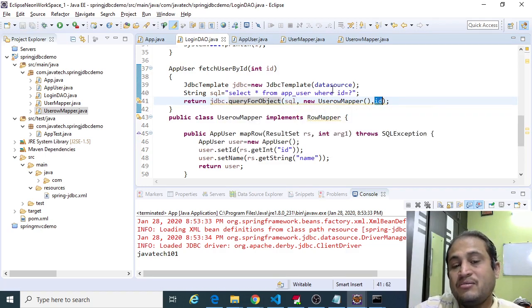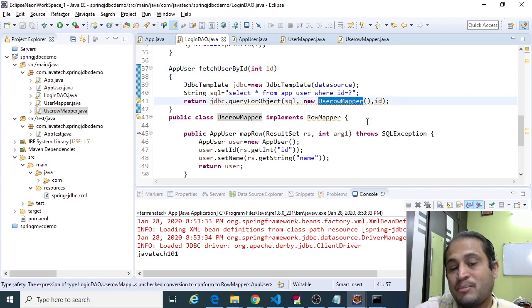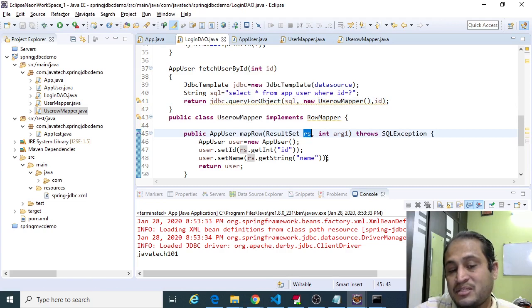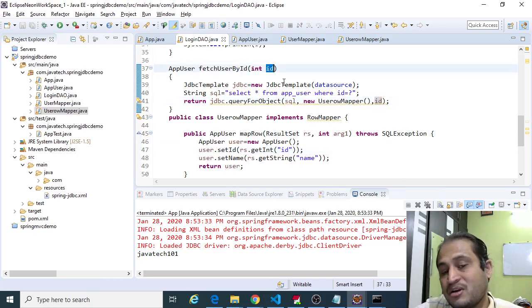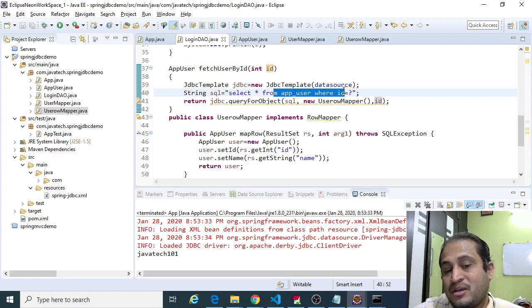So this id we are dynamically passing, and it is being set through the user row mapper as it iterates through the result set, and those values are set for the user. It would query the database. Suppose we pass 101 as an argument to this SQL query, it would identify 101 and return the 101 related object, like 101 and java tech 101, that is the row it will return.